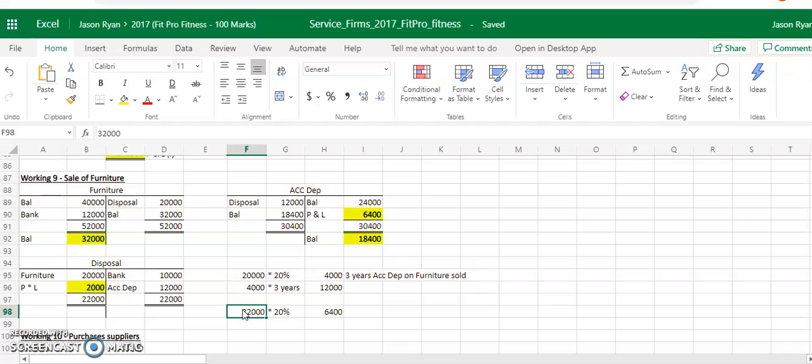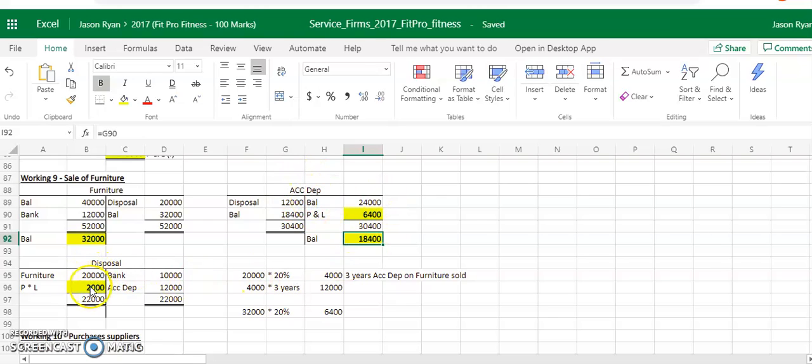So 32,000 is your balance here. Multiplied by 20% gives you 6,400. So that's going to be a profit and loss. And then the balance is going to be 18,400. So that's going to go into your profit and loss account as an expense. You'll have 32,000 in your balance sheet as a fixed asset and 18,400 in your balance sheet as a cumulative